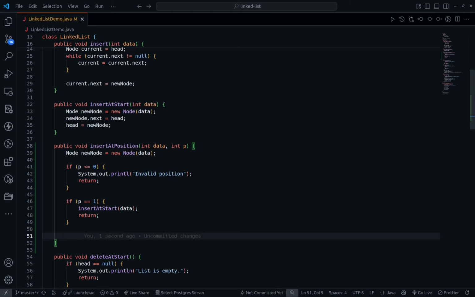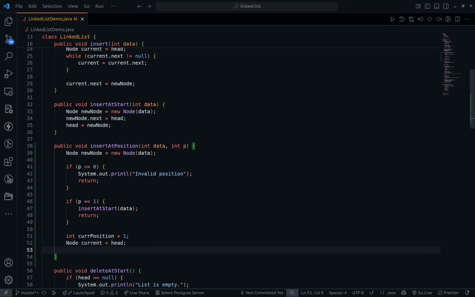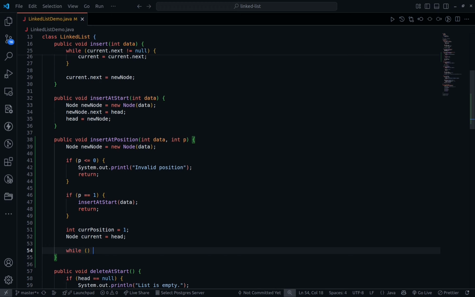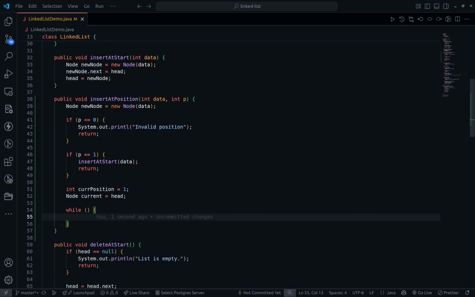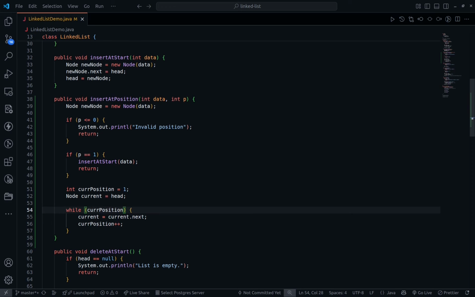We have handled that. Now I'll take my current position, initially at 1, and my current pointer initially pointing to head. Now I'll take a while loop. Let's traverse: current equals current dot next. I'll also increment the current position. Done. And the condition is until we reach the